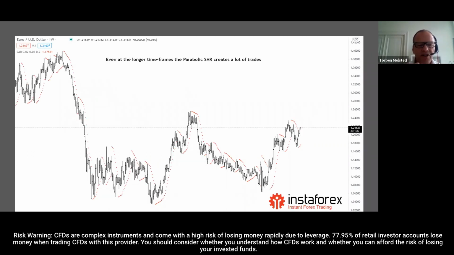So here I just tried to play with the settings, and this, you can see here, gives you some longer term trades. There's not as many trades, but still you have from time to time where you get really hammered. You have one here, this point, and all those in here. Actually, that's a pretty good